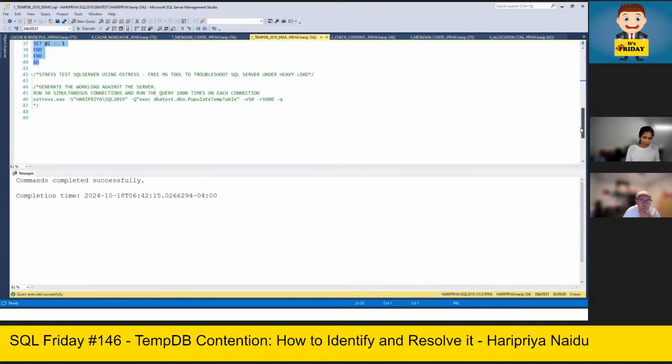After this, what I'm going to do is use the OStress utility. This is one of the free tools from Microsoft where you can stress test your server, generate a workload against the server, and troubleshoot the issues that come out of it. Before I run this